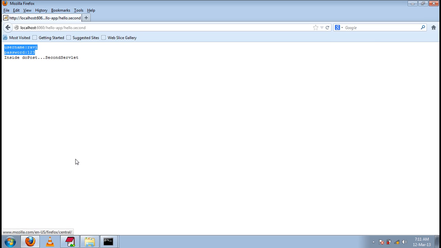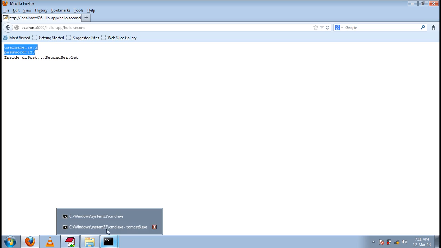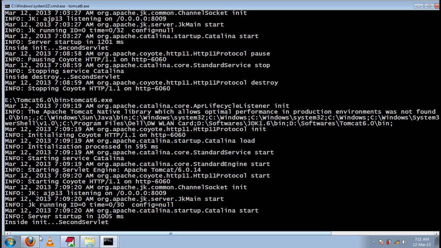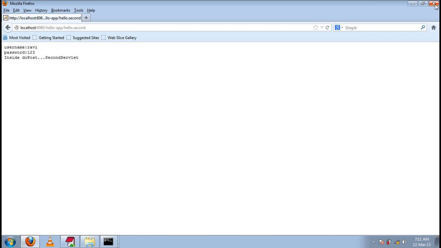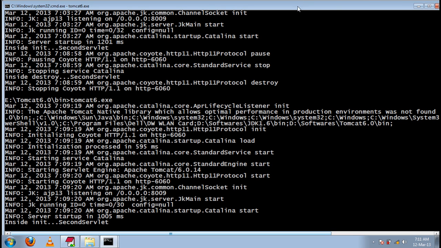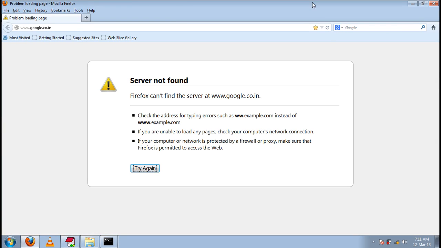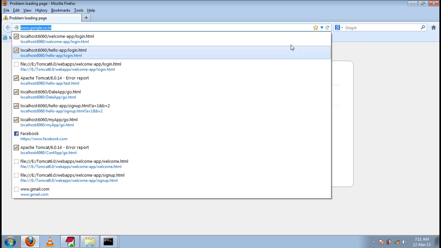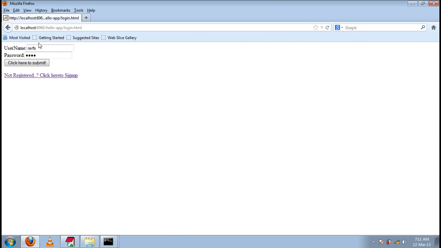So, let me close the browser, and let me open another browser and access the same application. Username is Shekhar, password is 987.